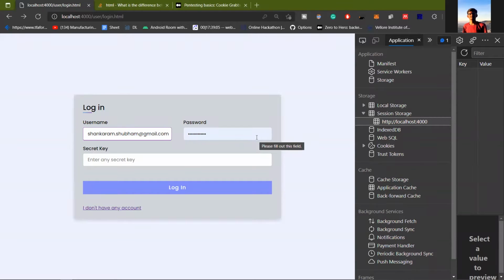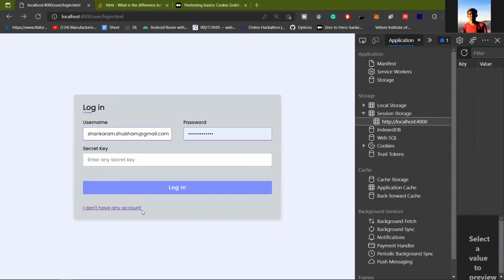As we can see, this is our web application login page. If the user has an account, he has to enter his username and password and one secret key, which he has to remember all the time if he wants to access his own data in our application.